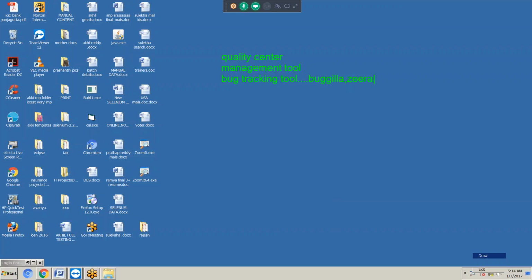At that time we can say: if I use Bugzilla or Jira, I can use it only for bug tracking purposes. If I use quality center, it provides 4 types of facilities. One is the bug tracking tool facility, and another is the common repository facility.